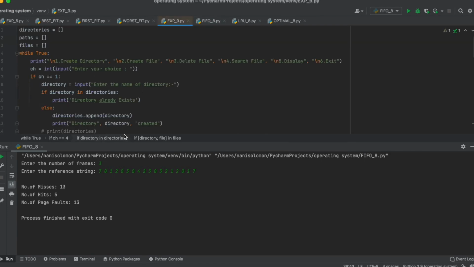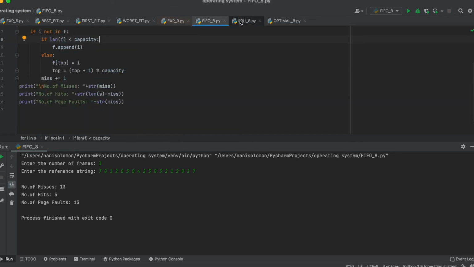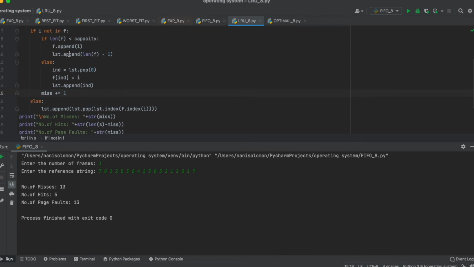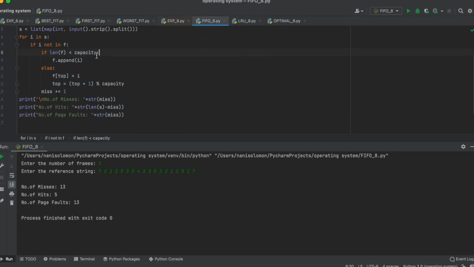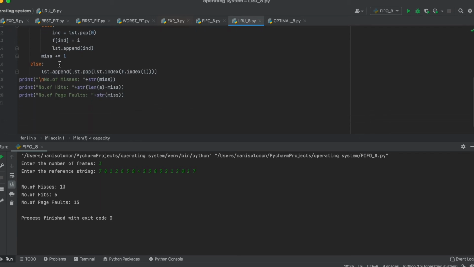You can see here list.append of length of f minus 1. Here it is taken, and there it is not taken as list.append. Here we take list.append of f minus length of f minus 1, and here int of that equals lst.pop of 0 and list.append, and miss plus 1.